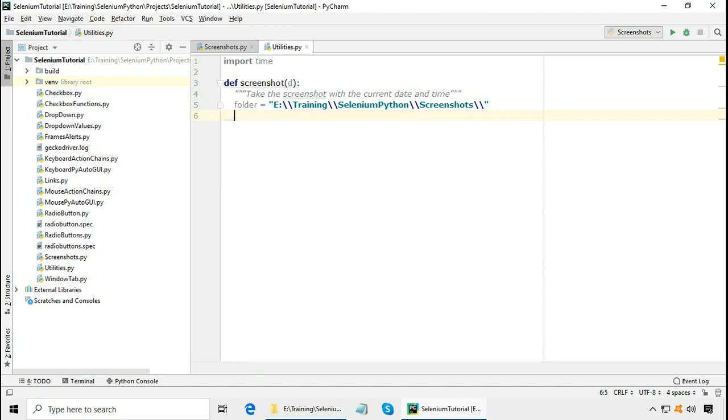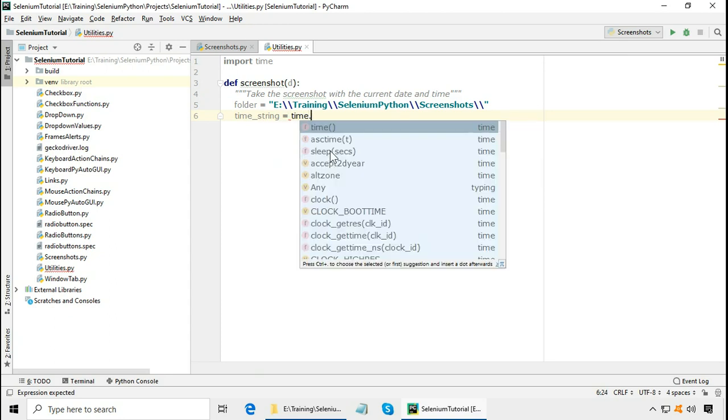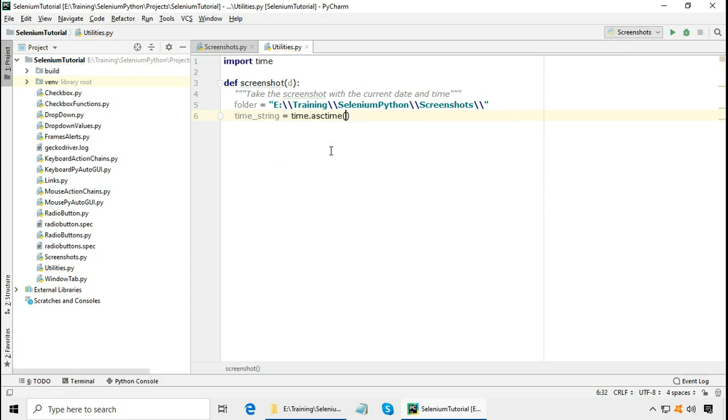Next I want to define a time string containing the date and time. So time string is equal to time library dot asctime. This gives us the current date and time. But since we want to use the current date and time in the file name, it cannot have a colon in it.